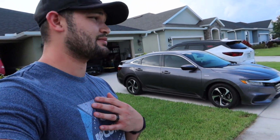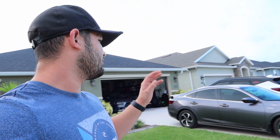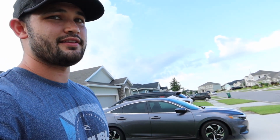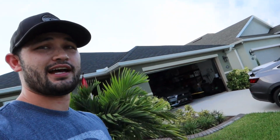And last but not least, it's probably not going to affect you guys, but it affects me because I love changing out my cars or making them a little bit different from everybody else's. It's the fact that there's not a lot of aftermarket parts for this. I've looked up and down Amazon, eBay, all over Google. There's really not much stuff that you can do with this car, but I will say I have added a